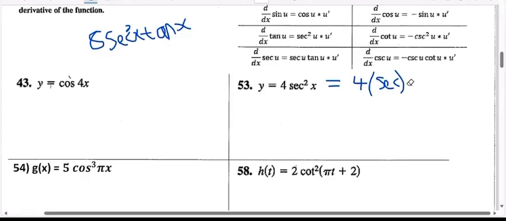x squared is x or squared. Take a look at that. If I want to use the chain rule right now, I can let